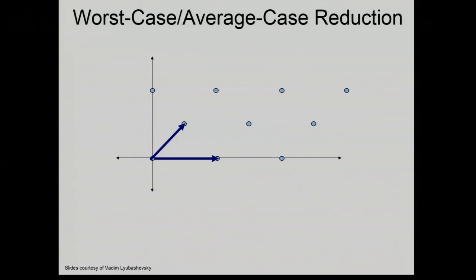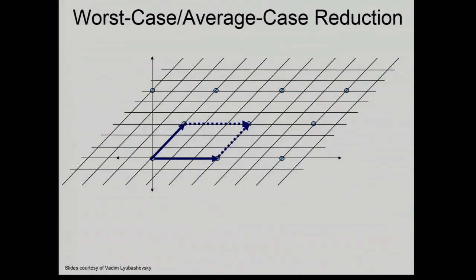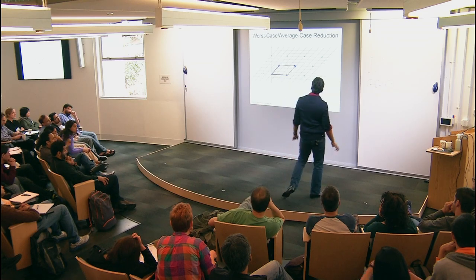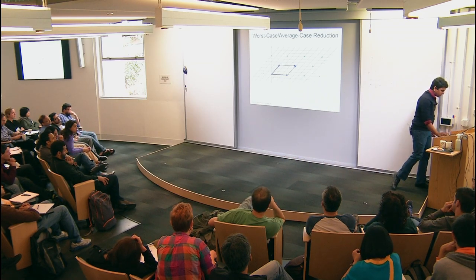What am I going to do? I have to generate many SIS vectors, right? So how am I going to do it? The first thing is I'm going to divide the space into q to the n partitions. This is an n-dimensional lattice, right? I can divide, essentially take this vector, partition it into q parts. There are 3 parts here, but in general q. So this essentially defines a sublattice, or rather a superlattice, of this original lattice. That's the first thing I do, and that tells me what q is essentially.